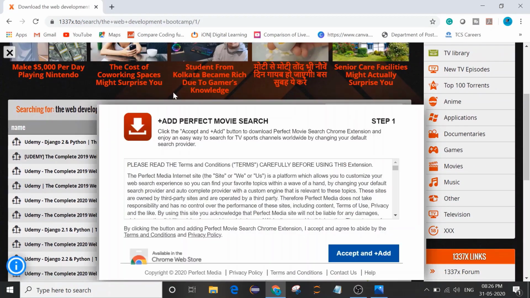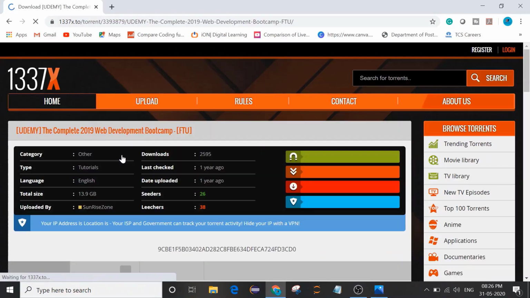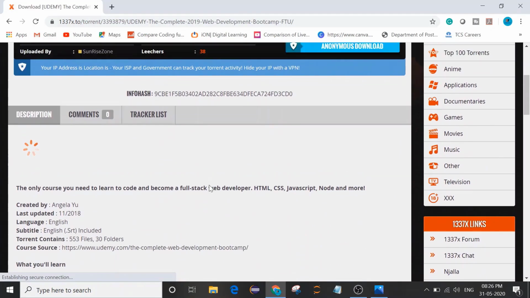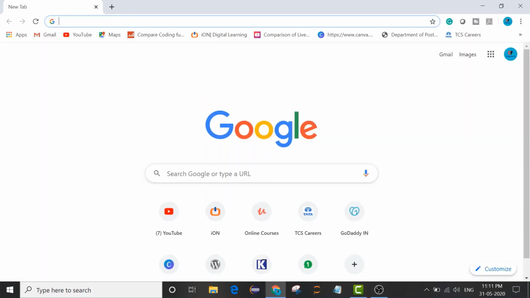Now if you get this kind of ads, do not click on anything like accept or add, just click on this. And here, as you can see, the complete 2019 web developer bootcamp, and from here you can download this torrent file, and you need to also install uTorrent to actually download this file.